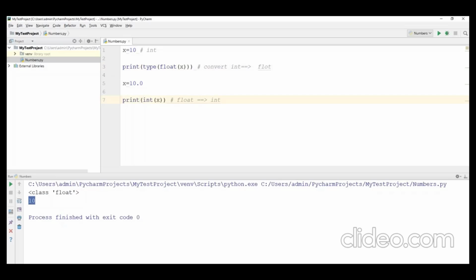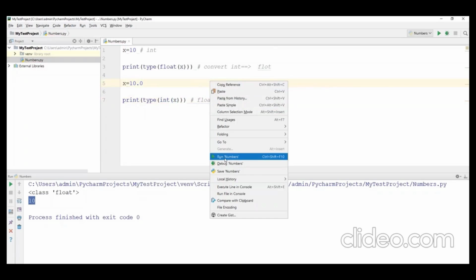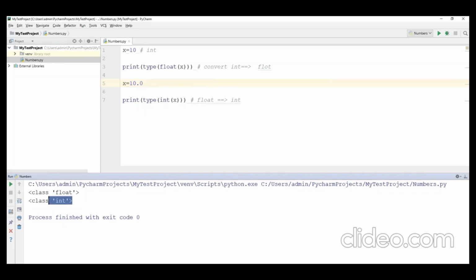Now, if you still want to see what data type it is, we can just use a type function, type of int of x. Now, this will exactly print what kind of data type it is. Now, it is integer type. So now we are able to convert the two different numbers we have in Python. One is integer, the other one is float. So we can convert either integer to float format or float format to integer format. So these two facilities we have, right?